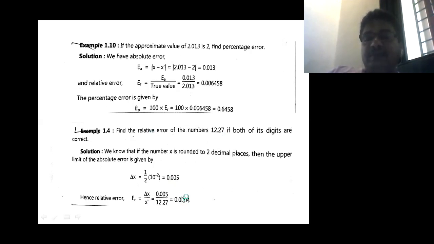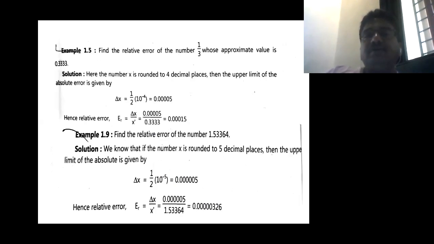So the question is to find the relative error. So the answer is what? This 0.3 times 10 to the power minus 4 is the relative error. Then the next question: find the relative error of the number 1/3 whose approximate value is this. That is, this 1/3 is x, and 0.333 is x dash. So this is the approximate value